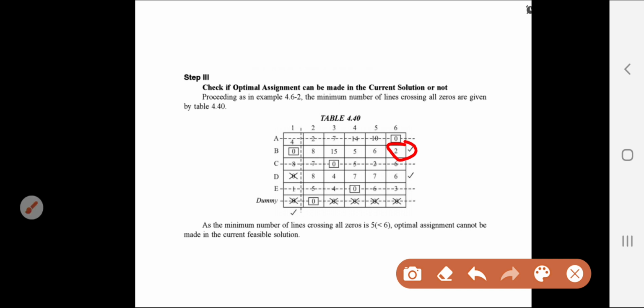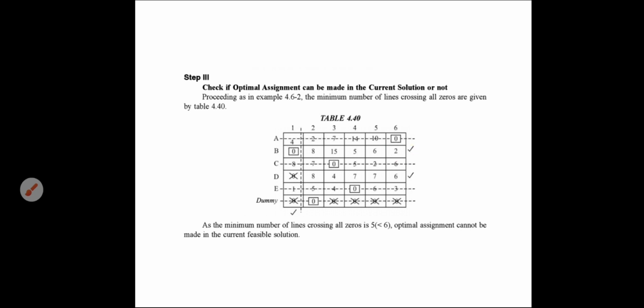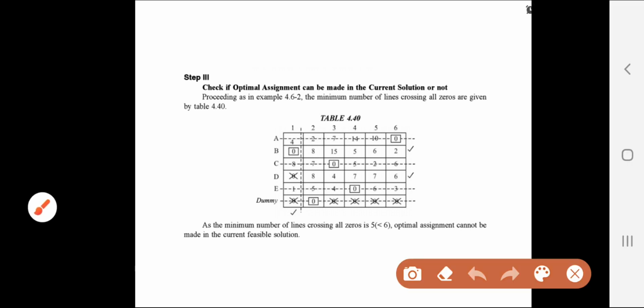You choose this 2 and subtract it from all other elements. So 2 minus 2, 6 minus 2, 5 minus 2, 15 minus 2, 8 minus 2. The elements which are free from any marking you choose. So you subtract 2 from all these 10 elements. Also, where there are lines, at the intersection of these lines, how many intersections are there? So this horizontal line and this vertical line. So here there is an intersection, here there is one more intersection, and here there is an intersection. Total 3 intersections are there.